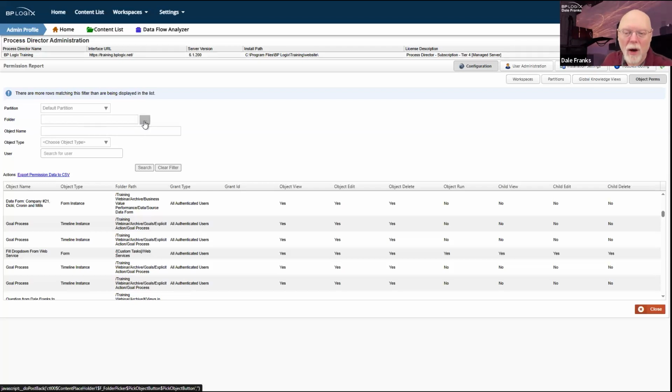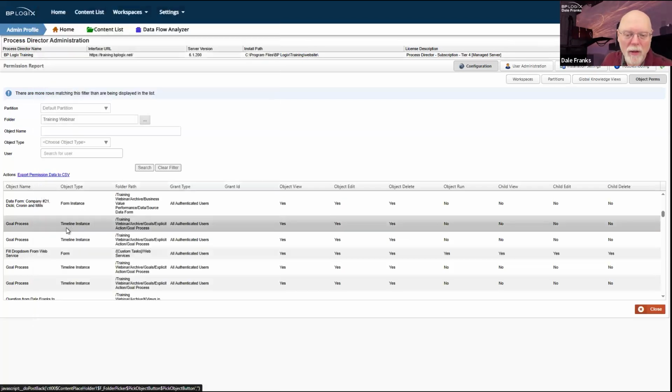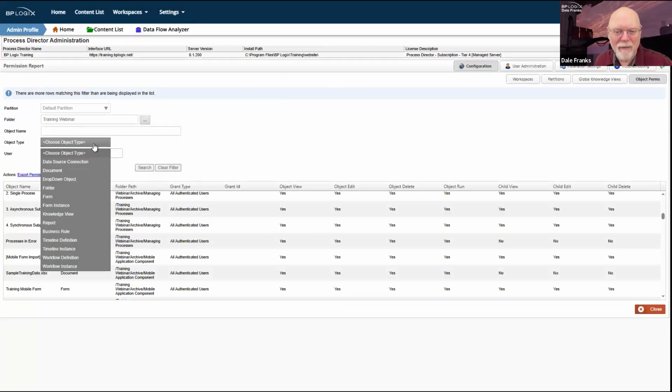I can go into a specific folder, for example. So here we'll go to the training webinar folder and we'll do another search. That should give me a much smaller group of search results. Well, I say that, but that may be the biggest selection of items on the system. It doesn't matter. I can use these filters to narrow down the objects that I want, the type of objects. For example, if I just want forms or timelines or whatever,